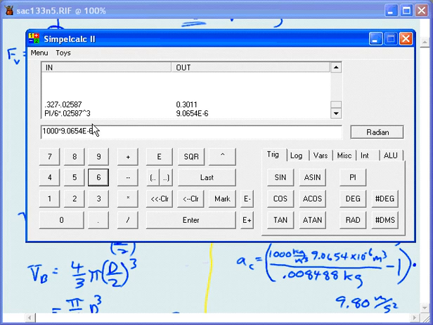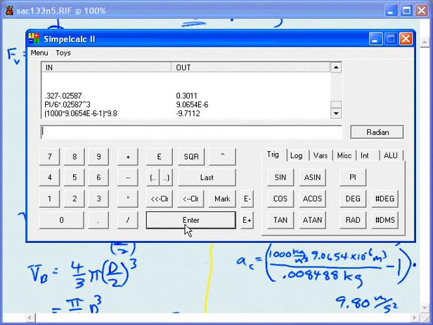And then all of that, I think I can just hit minus 1. Let's go minus 1, and then put all of that in parentheses, and times 9.8. Enter, and I'm getting a negative value. So I don't actually buy that this is such a small number. Oh, I see what it is. I've forgotten to divide